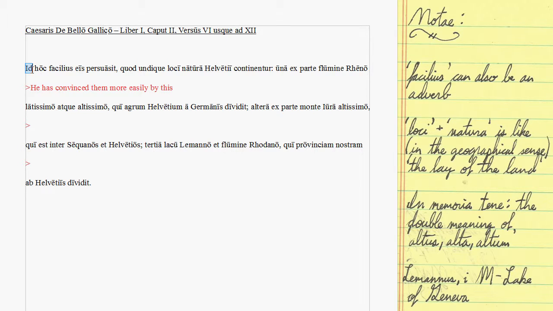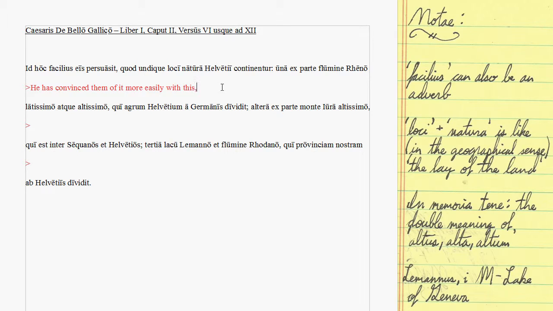And we still have this direct object. In English, we don't say he's convinced them it. We say we have convinced someone of something. So we'll just put of in front of it, and that'll make it fit well in the English. And instead of putting by, I'll put with. Makes it just seem to flow a little bit better.